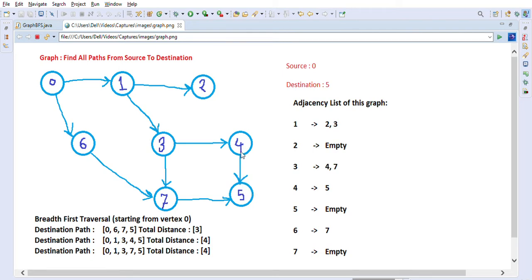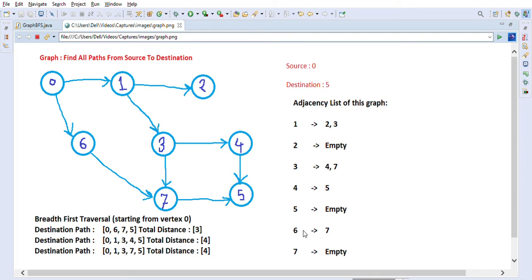One other concept in the graph world is that the edge from 4 to 5 is called an incoming edge for node 5, because it is coming towards 5. Similarly, the edge from 7 to 5 is an incoming edge for node 5. And from the perspective of node 4, it has an outgoing edge from node 4 to node 5, because it's going towards 5. So that is incoming and outgoing edges in the world of graph.